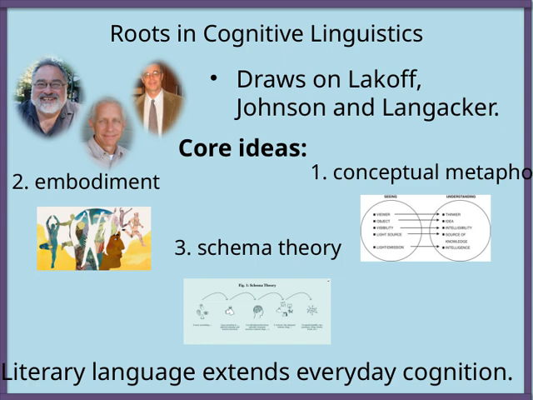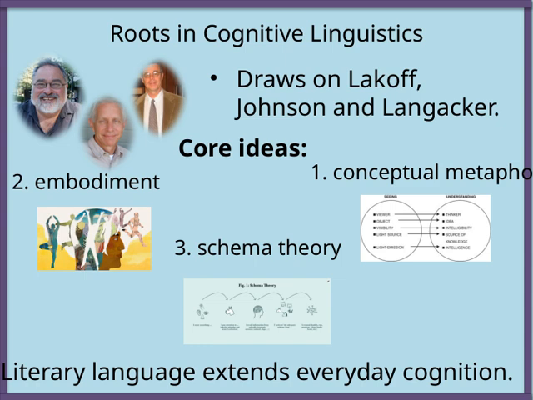Another key point is embodiment. This emphasizes that our cognition is deeply rooted in our physical bodies and sensory experiences. Our bodily interactions shape how we think, and language develops from these embodied experiences. Then there's schema theory, which refers to the mental structures, schemas, that help us organize and interpret information efficiently. These schemas are like mental frameworks that guide our understanding of the world and are constantly influencing how we interpret